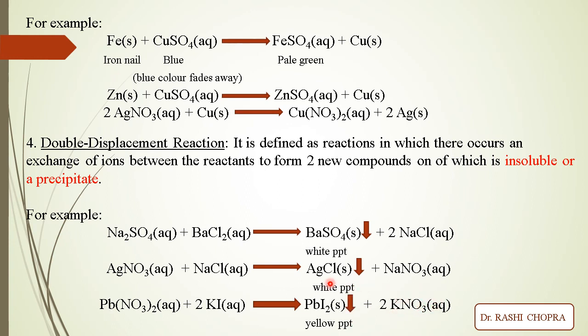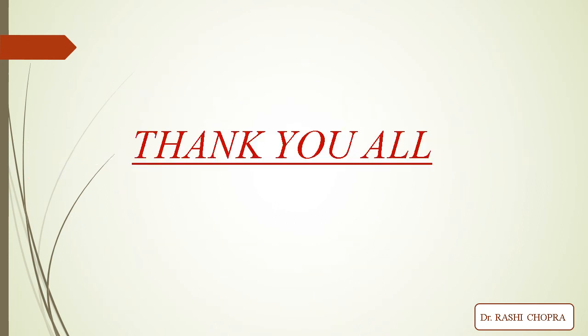These are all examples of double displacement reactions. For whatever reactions we are discussing now and in future, please try to write the equations, balance them, and write their physical states, so that there is a practice of writing chemical equations. Most of the time, after an activity is given, you are asked to write the equation for that activity as well, like for lead iodide. So you should practice how the equations can be written.